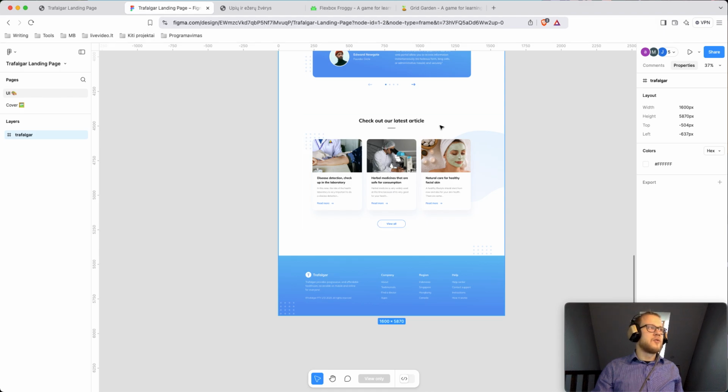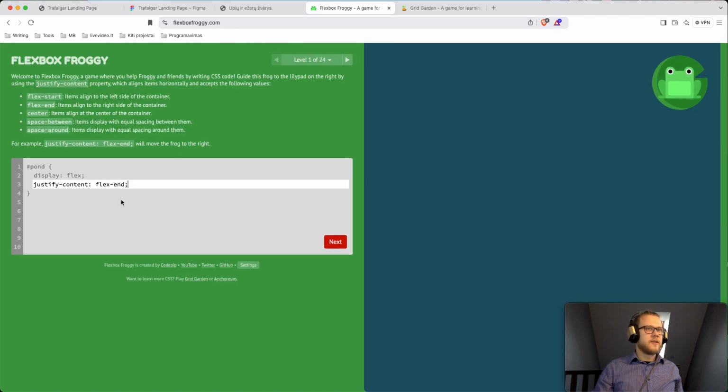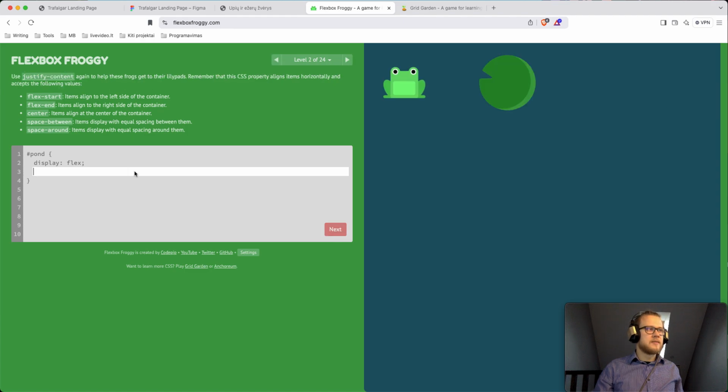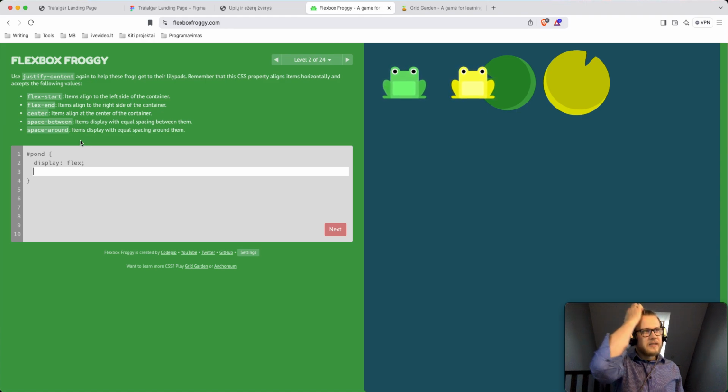And actually I wanted to show you the games that I was talking about. So we have this Flexbox Froggy. Let's see, what's the second task that we get? So basically this is using this flex design. And so we have to move the frog from here to its petal, and this frog from here to its petal. So we write the code here, and then they move. So that's one game to practice